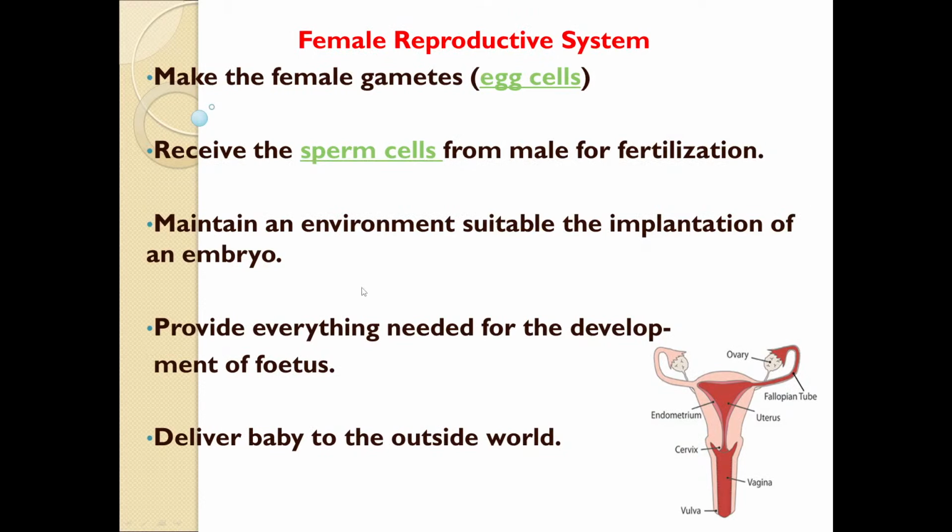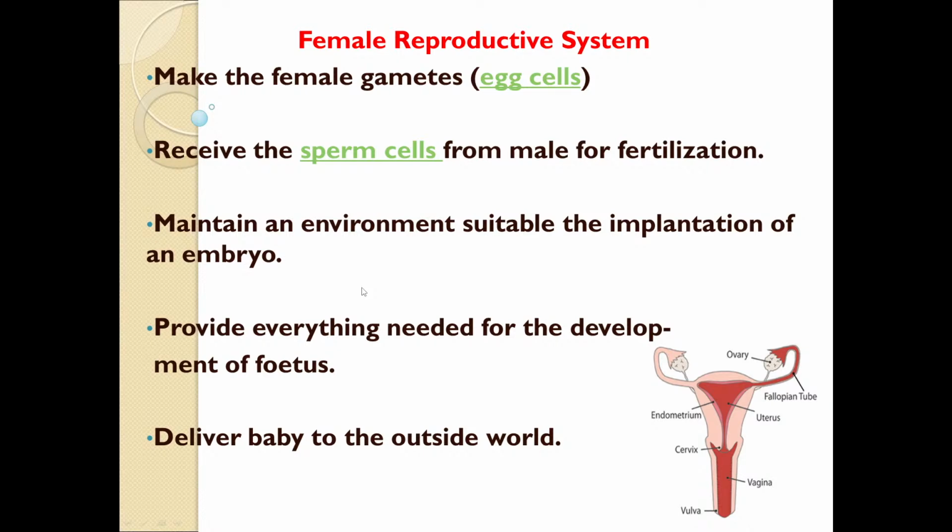Alright, so I'm looking at the other organ now, which of course would be the female reproductive organ. The female reproductive organ normally makes the female sex cell, which would be the egg or the ovum. Because when they mention the term sex cell, a person should be aware of which one is called the female one and which one is called the male one.